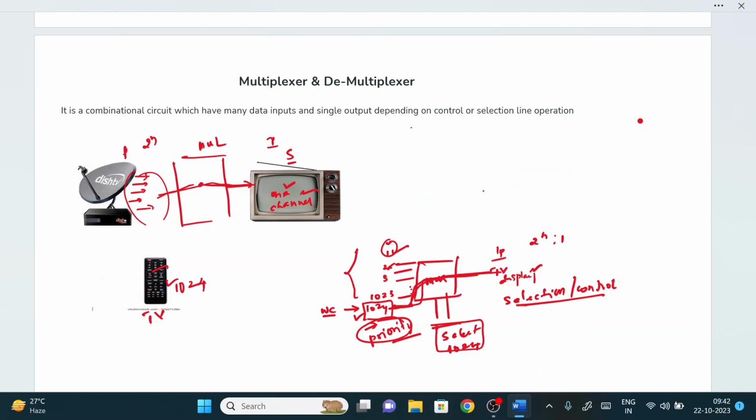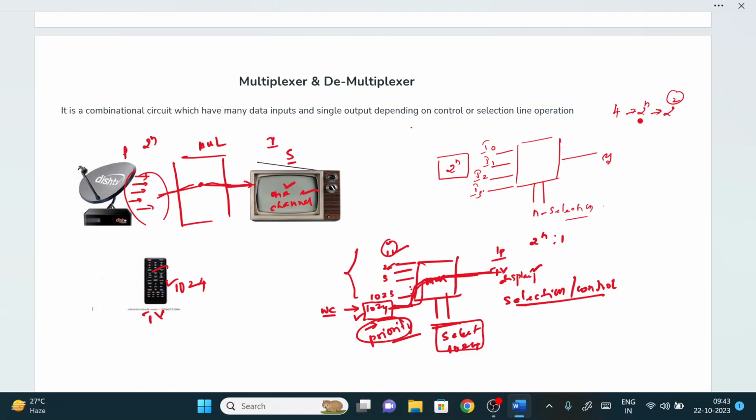Suppose, for example, I have 4 inputs: input 0, input 1, input 2, input 3. At a time, either I0, I1, I2 or I3 will be our output value. If you want a priority-based mechanism, we should have selection lines. The maximum number of inputs we can represent is 2 power n, where n represents the number of selection lines. Suppose you take 4 inputs. How can we write 4 in terms of the 2 power n formula? 2 power 2,